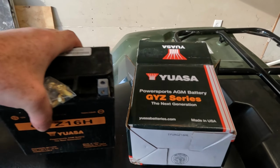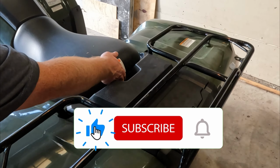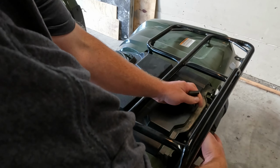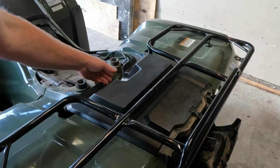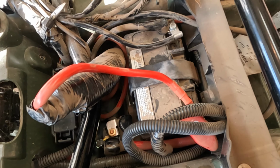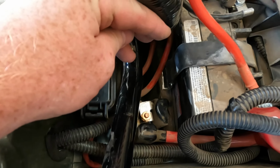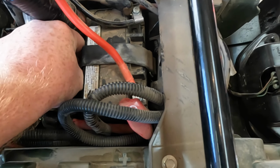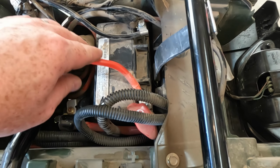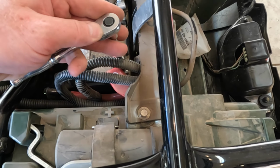All right, so first things first, we'll go ahead and get the seat off. All right, next, let this compartment door swing down and just pull up on this piece and slide it out. Okay, that stuff out of the way. There's a rubber strap here, it just connects in the front, so just pull that down to release it. Just swing that out of the way and take your 10mm socket